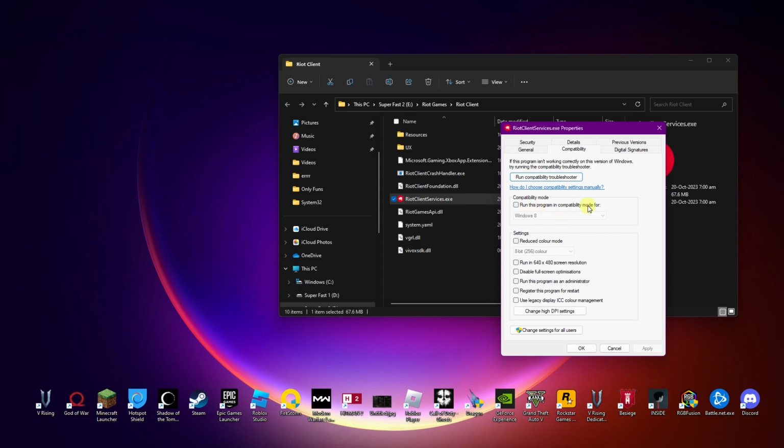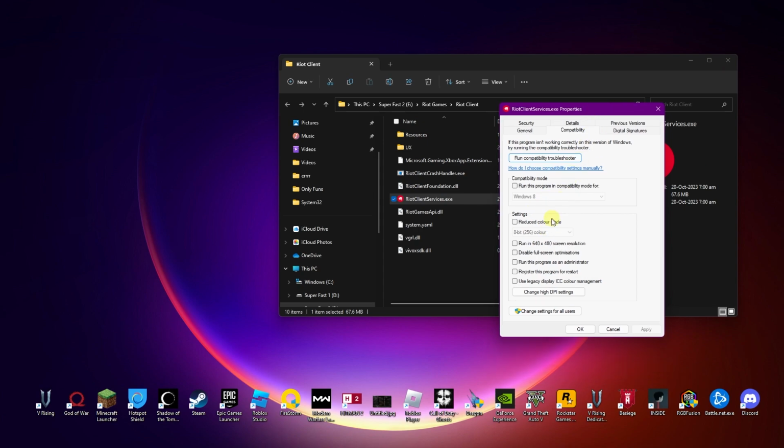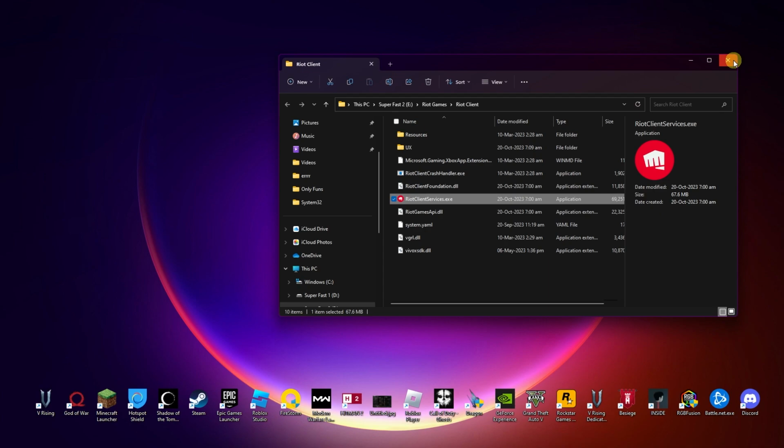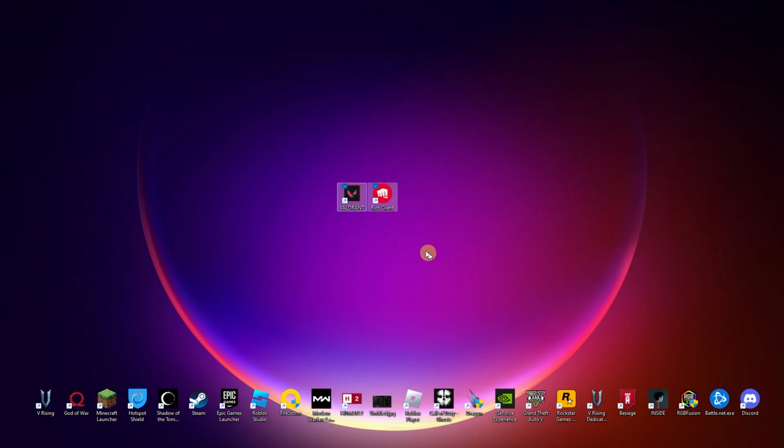Currently it is set to Windows 8 or something. You can try different options, and maybe in the settings reduce color mode or something like that. Just play around with these settings and it should be pretty much enough to make your game work. So simply double click on your game finally,